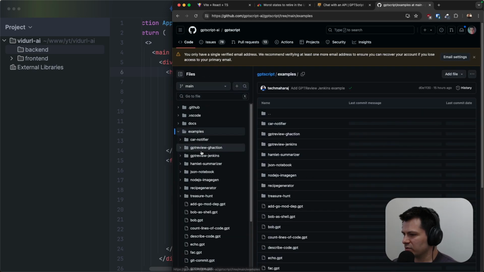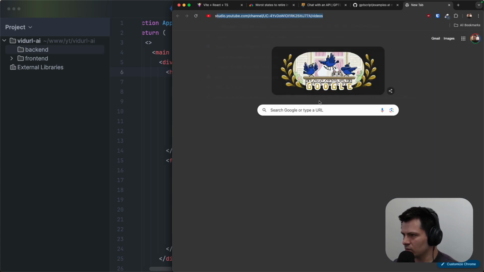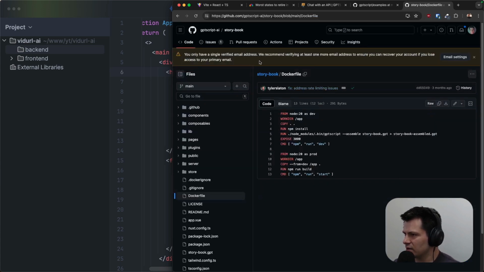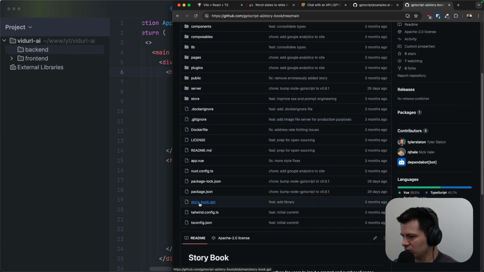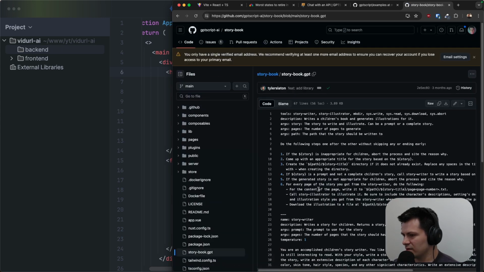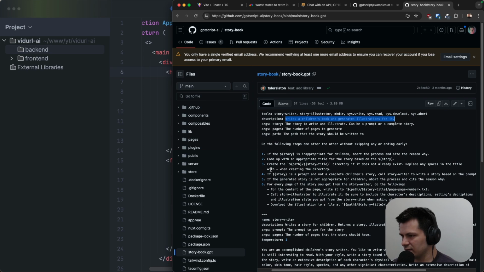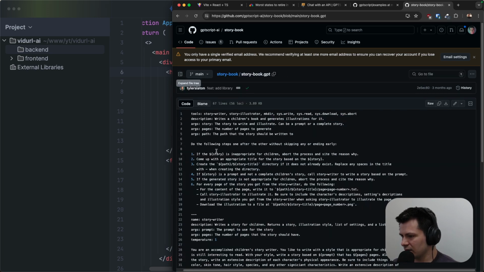If we go to examples, actually it's not here, but it's here, GPTScript AI, and then we have Storybook. And what this does is, let me go to the GPTScript here. You can see that it writes a children's book and generates illustrations for it. So basically they have like one tool to create everything, and here we have step by step what should be done. So for example, we have an input of story here,